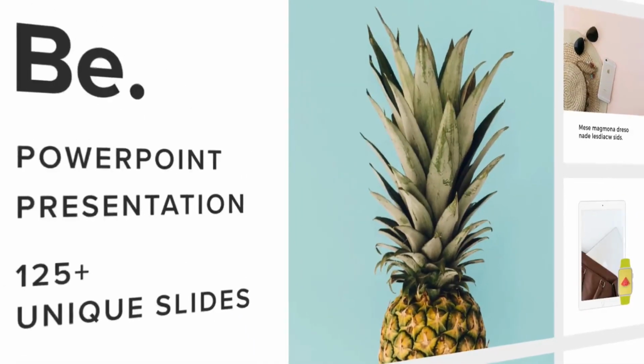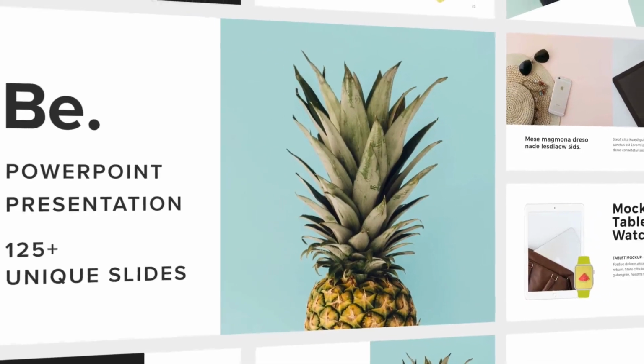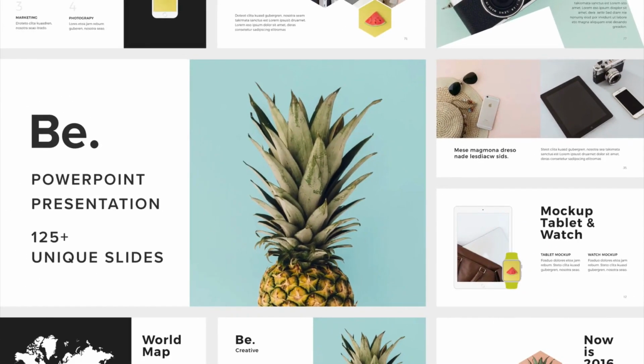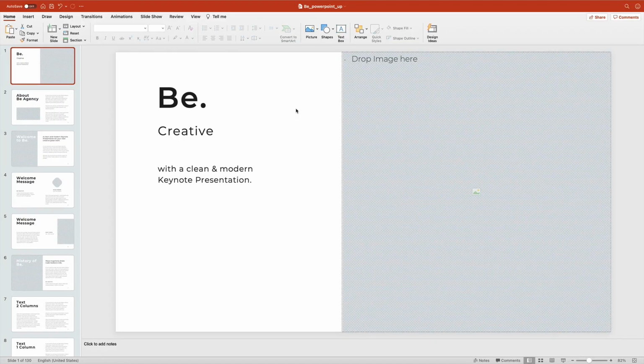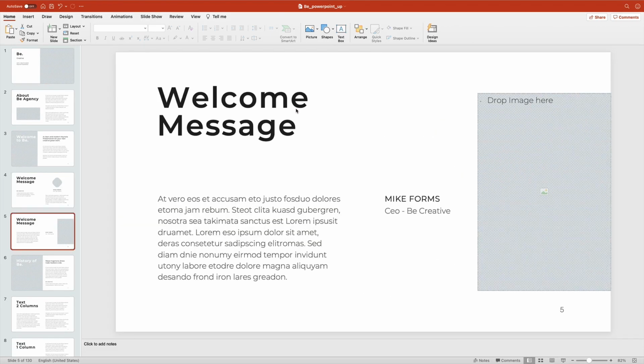In this tutorial, we'll be using the B PowerPoint presentation template from Elements. This one comes with a beautiful title slide and over 100 others to build a compelling presentation. With the template open in PowerPoint, we'll jump to the first slide here. Now, keep in mind that any slide can be a title slide. All you'd have to do is drag a slide thumbnail up to the top of your list of slides here